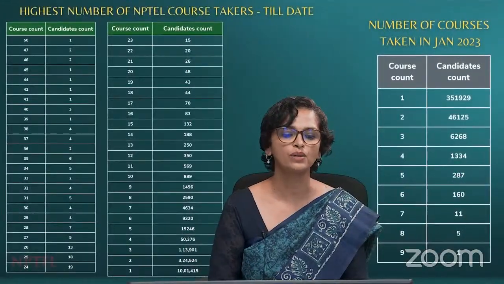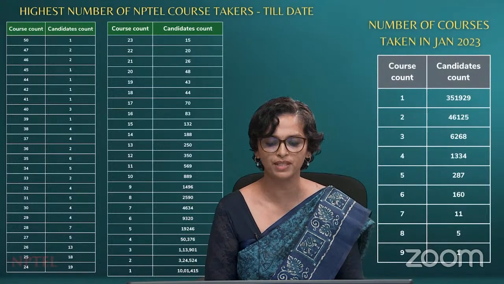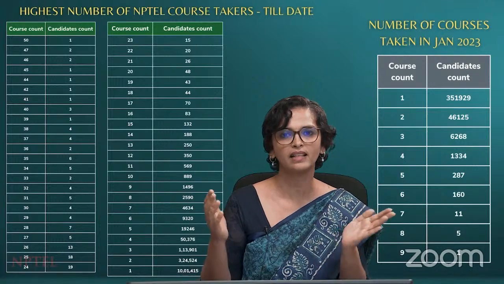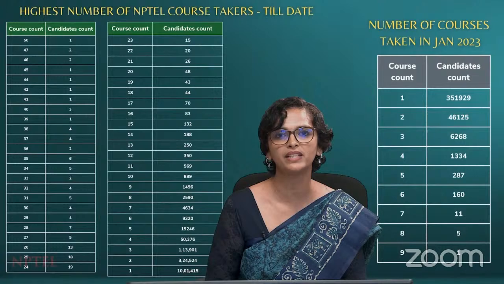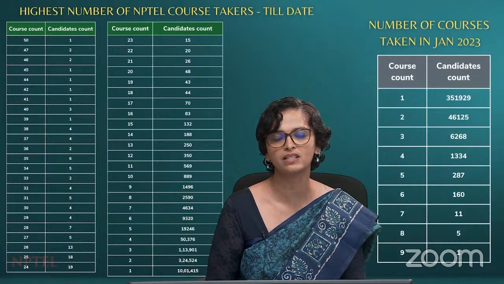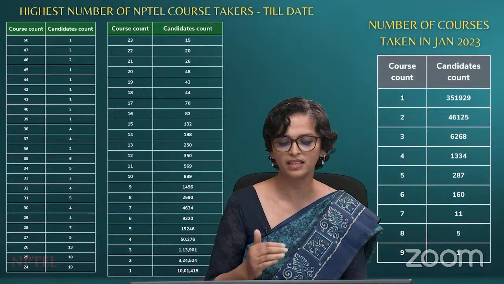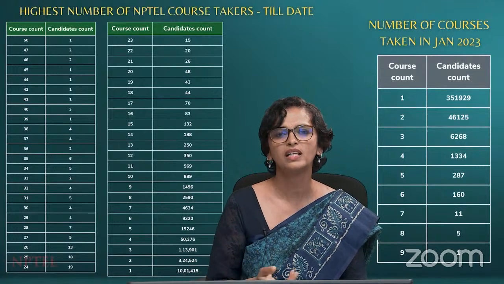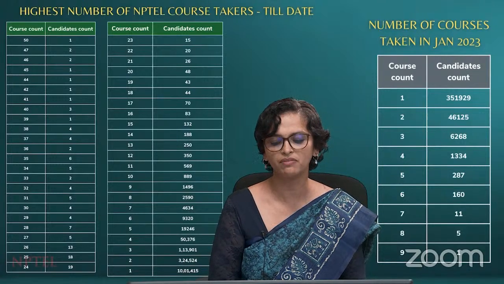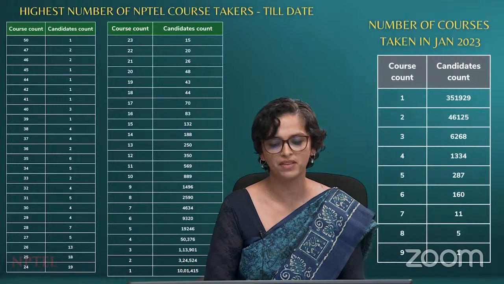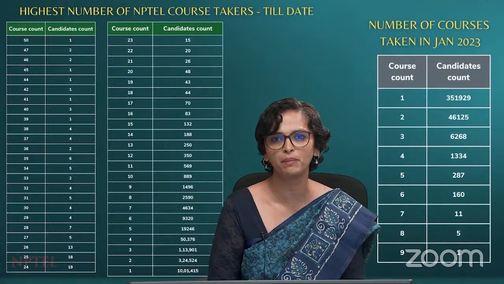So this is also a number of course takers from NPTEL from when we started it in 2014. So you can see that the largest number is of course the one course takers. So about 10 lakh people have done just one NPTEL course with us from 2014 till date. But then if you look at say the 2, 3, 4, 5, which is a more normal kind of learning, we would say, are about totally 5 lakh. 5 lakh people have done anywhere between 2 and 5 courses from NPTEL